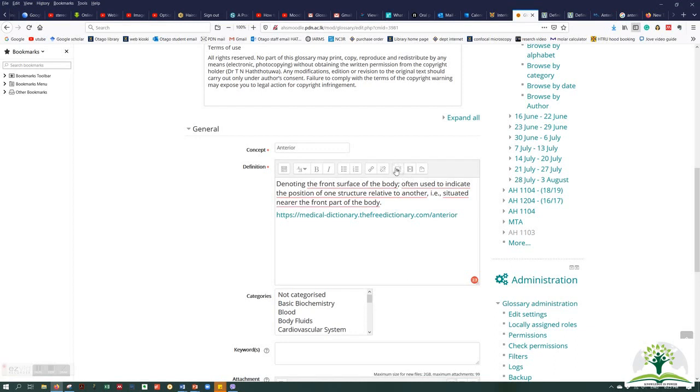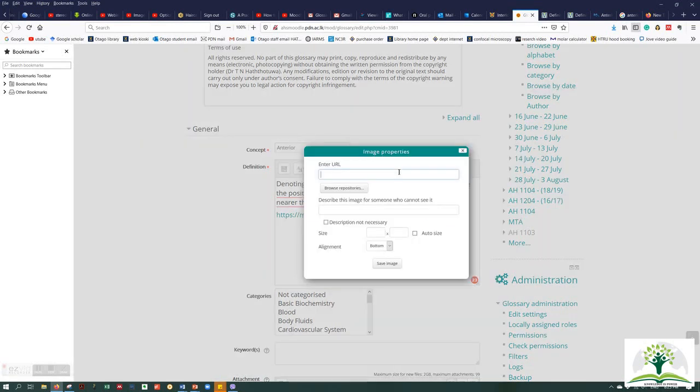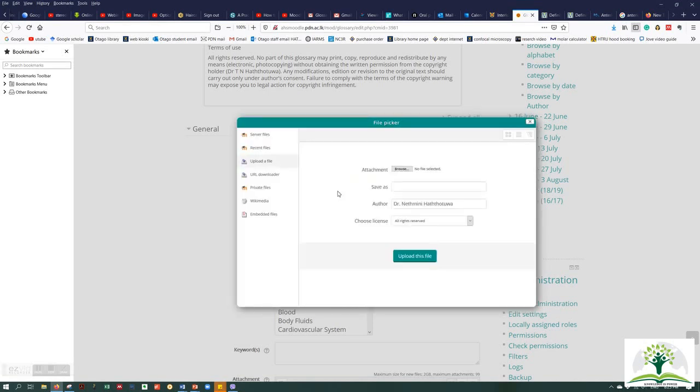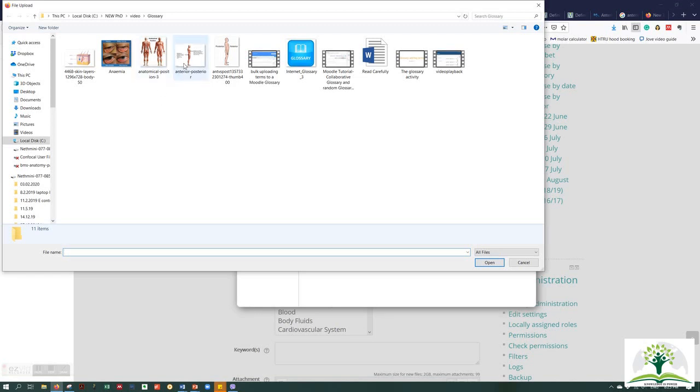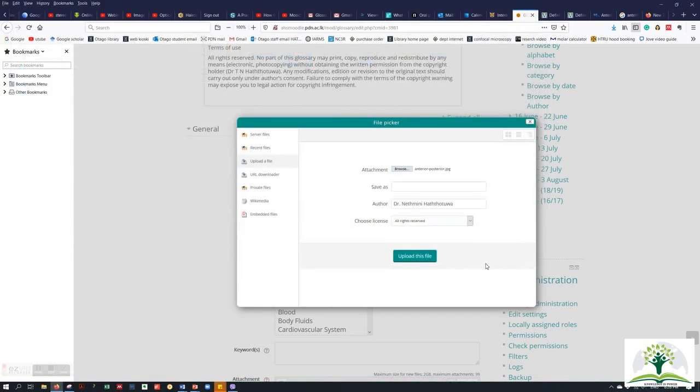Before that, make sure your cursor is underneath the link or else the place where you want to upload the image, and click on the browse repositories and it will open up a dialog box, and from that click on upload a file and then click on browse and go to the place where you saved the image and select the image, click open, and hit upload this file.